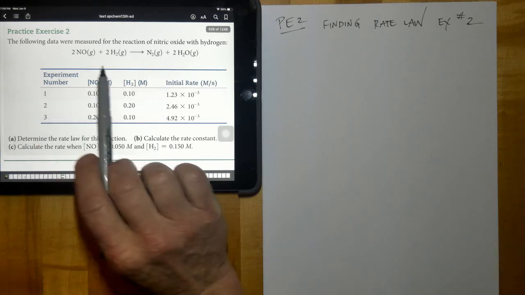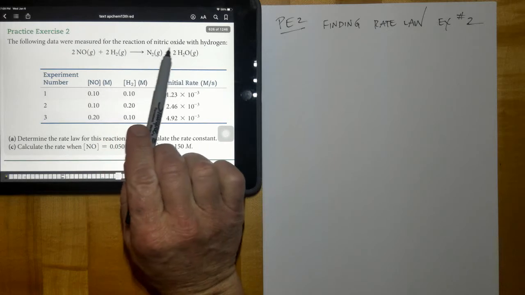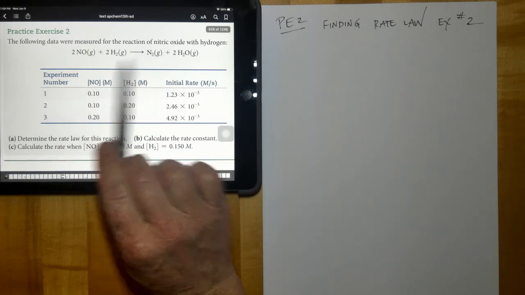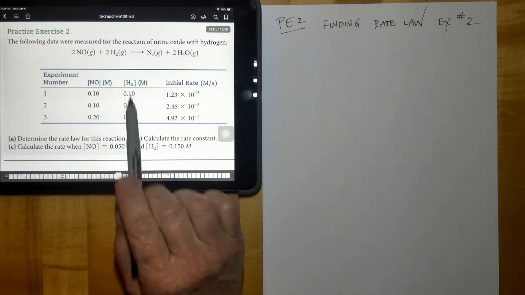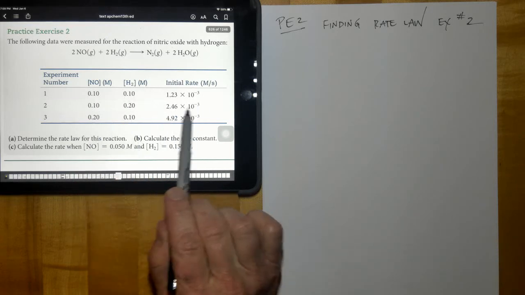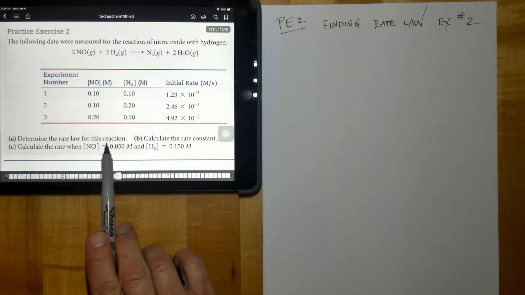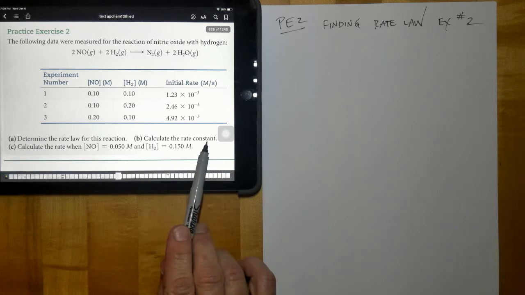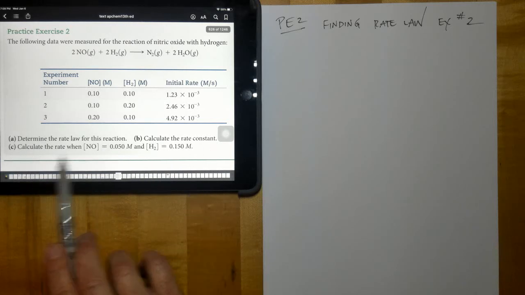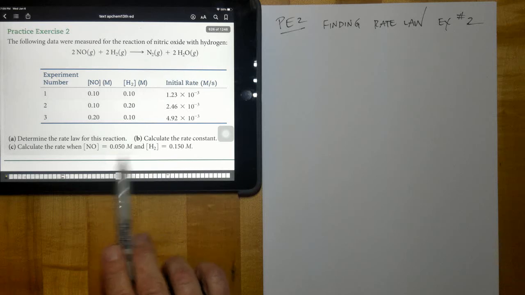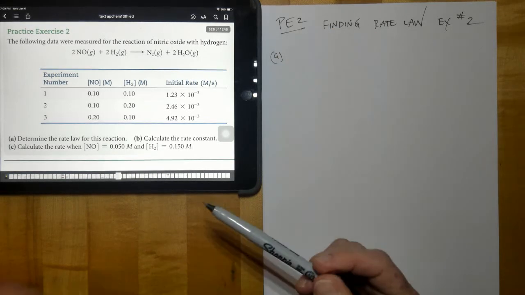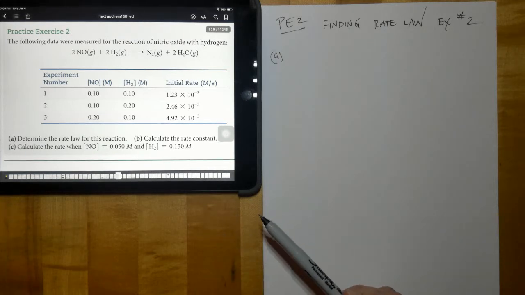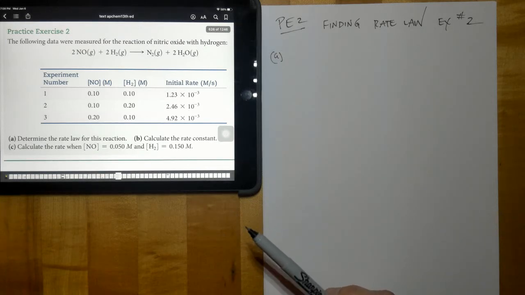All right, the following data were measured for the reaction of nitric oxide with hydrogen. Experiments 1, 2, 3, initial concentrations, initial rate. Letter A, determine the rate law. Second, determine the rate constant and units, and then calculate the rate when NO is equal to and H2 is equal to. So for letter A, the first thing that we're going to do is compare two experiments where one